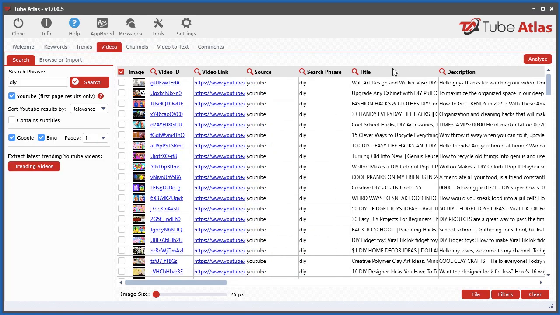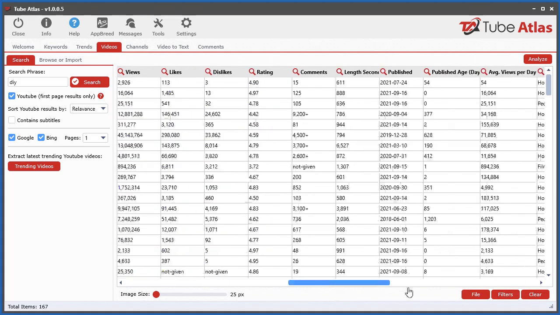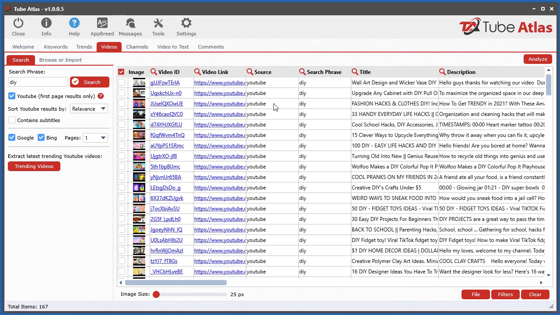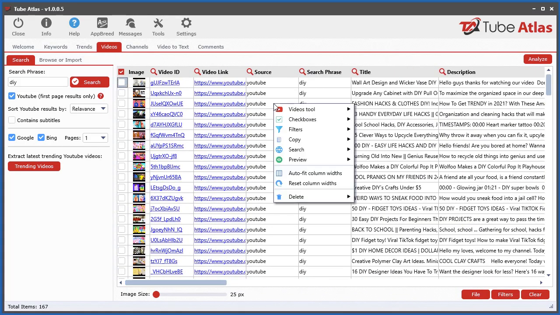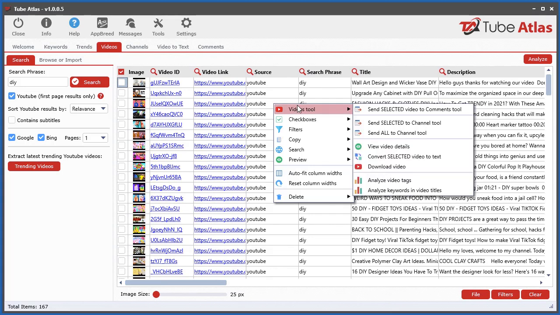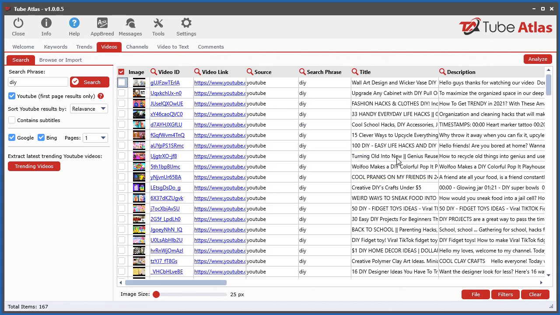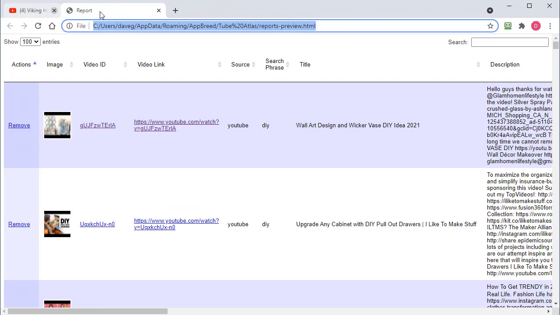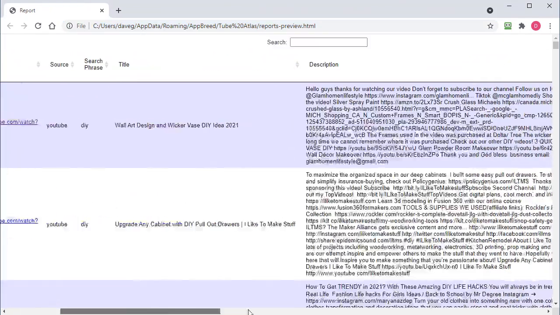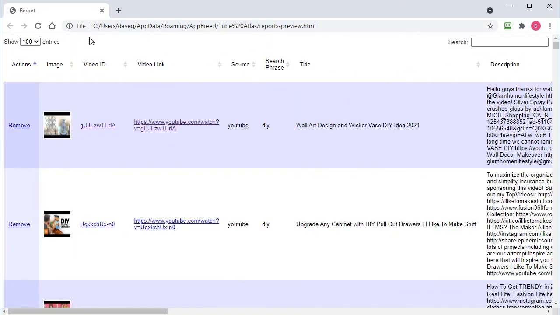So in the videos tool, you'll see we've got a bunch of video data we've downloaded here and analyzed. So let's right click and we can go to videos tool, right click, go down to preview, and you can preview in HTML table format or HTML feed format. So let's go table. So in the table format, you'll see it'll be actually a full table with all the